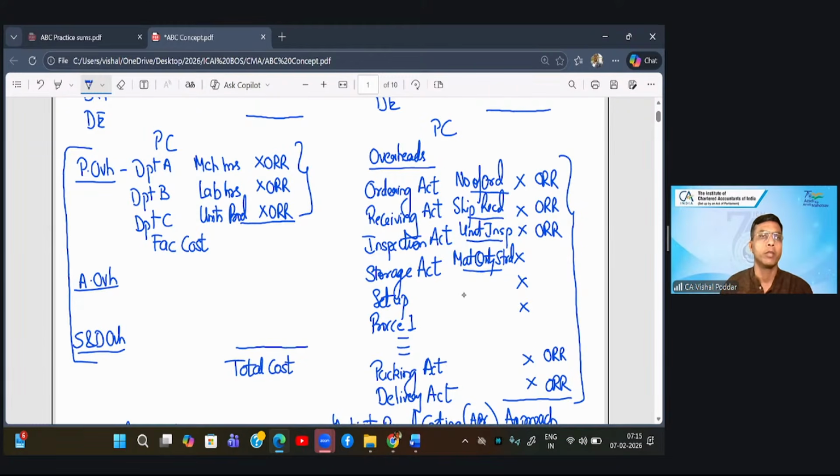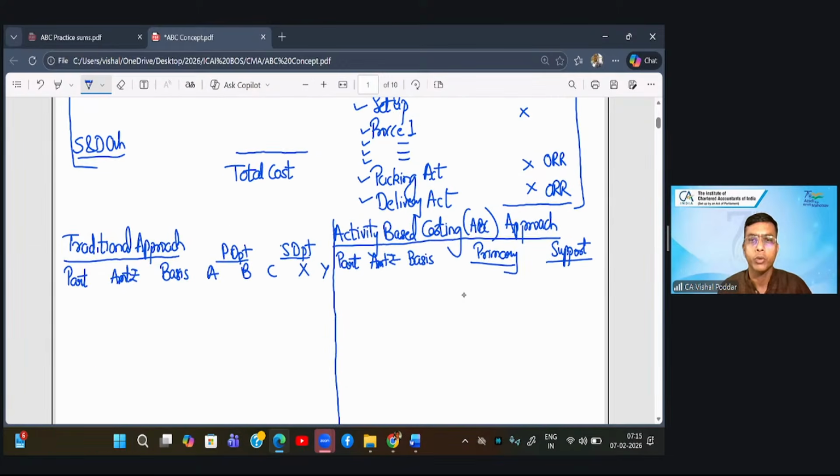Now, see, activity means one small task. So you first order raw material. So your business will have the very first activity of ordering. Then it will have receiving the material, inspecting the material, storing the material. Then once the production has to be done, you first set up the machine for the production and then you carry out the different processes. Once the product is completed, you will do packing, you will do dispatch. So these are your primary activities. I'm using the short forms: ordering, receiving, inspection, storage, setup, process,